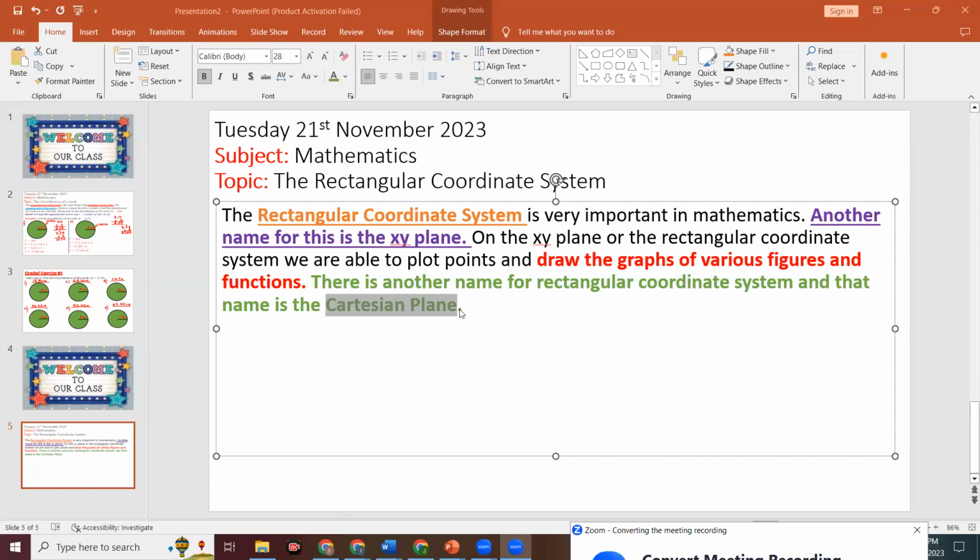So Rene Descartes, that's the guy who published the Cartesian plane that we use today. And he got the name for it. So the rectangular coordinate system is just basically made up of grids and squares. And on this, on the XY plane,